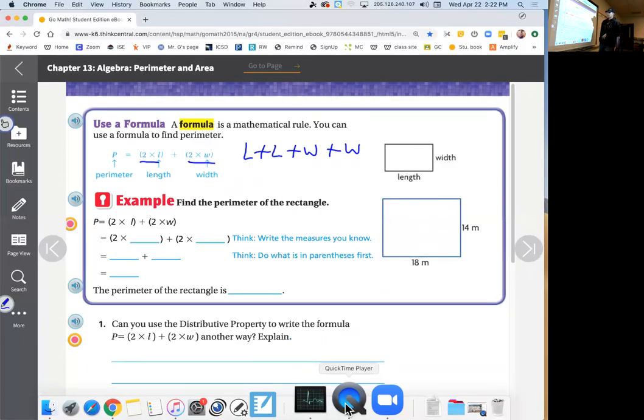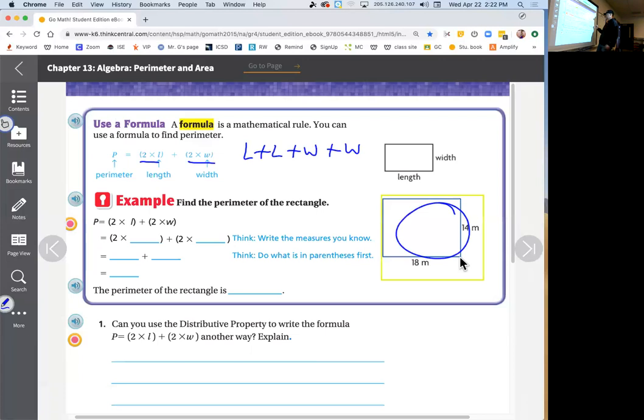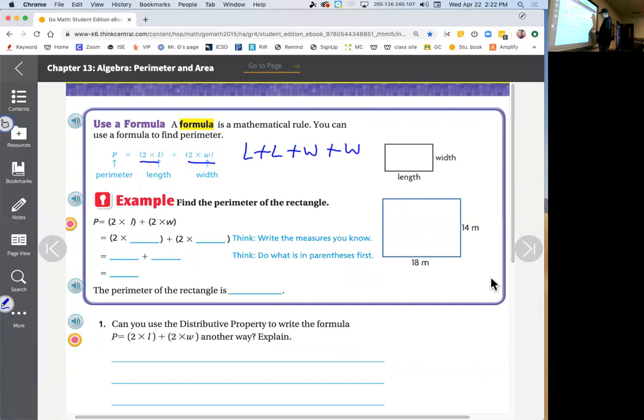Okay. So if we find the perimeter of this rectangle, our 2 times L, 2 times length, our length is 18. And then we got 2 times our width, which is 14. Okay, so now we got to do 2 times 18. So we got 18 times 2. We got 36. So on that, 36. And then 2 times 14 is 28. And then you just add those 2 together. 28 plus 36, it doesn't matter the order. And you get